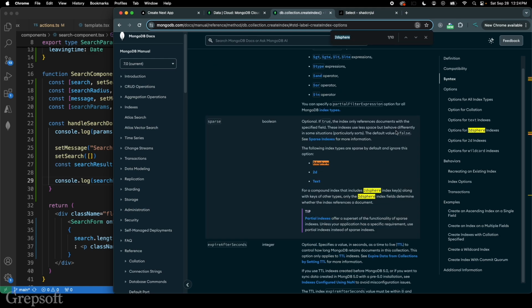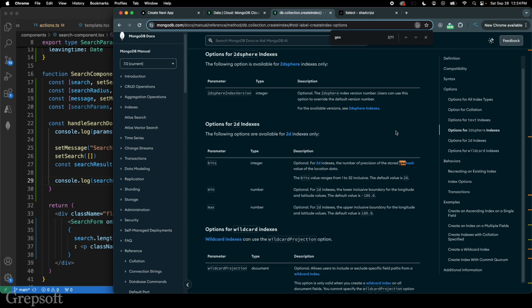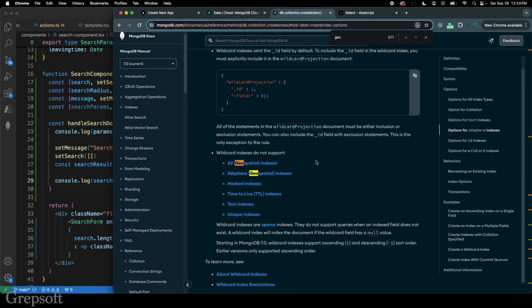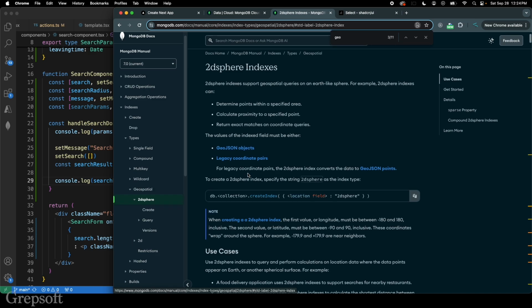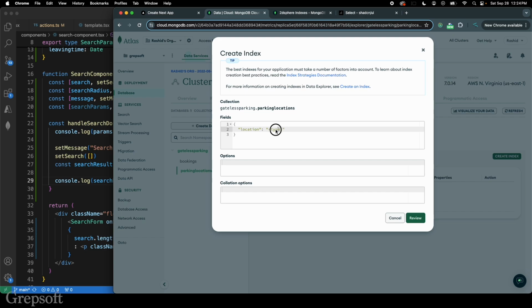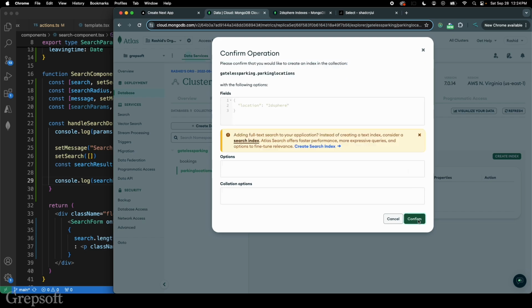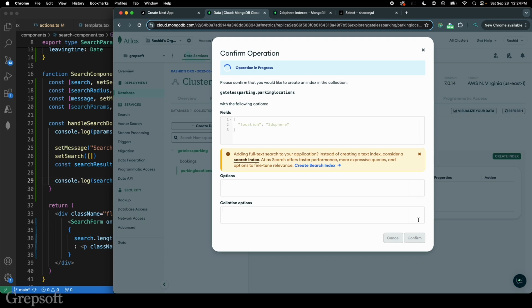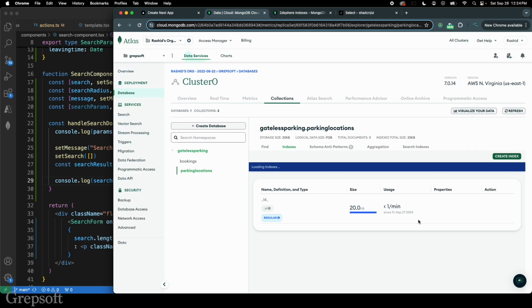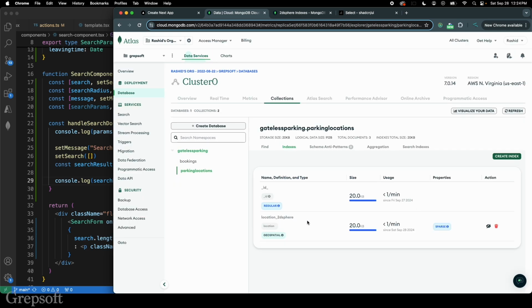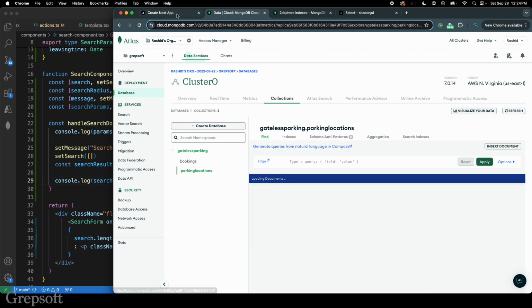Okay, let's see, geo 2D geospatial indexes, 2dsphere. Okay, here, so this is what it is. For GeoJSON objects, yes, you would use the 2dsphere. So I'm going to copy this. We're going to paste it here. We're going to do review and yeah, confirm this. And there you go. So now the index has been added, and we can go back here and then let's